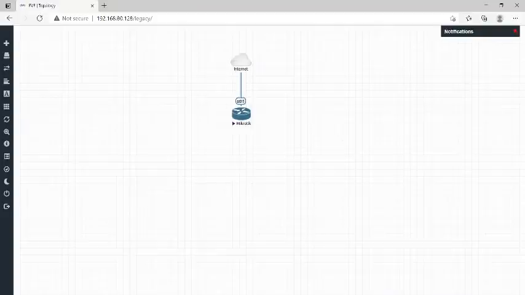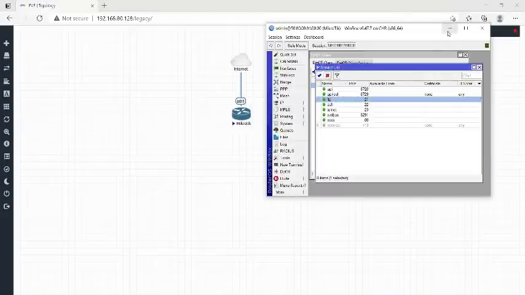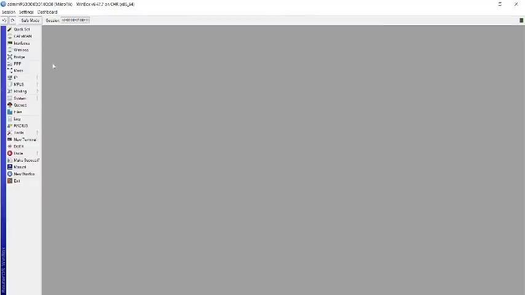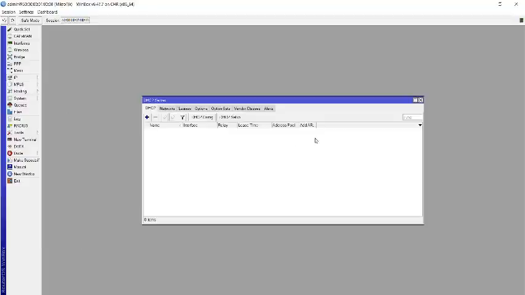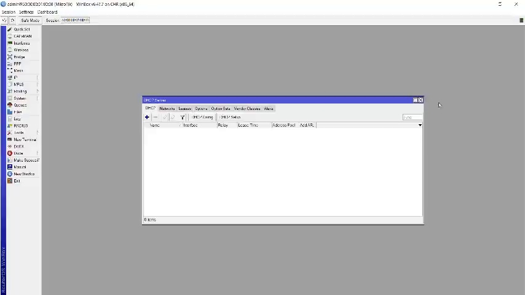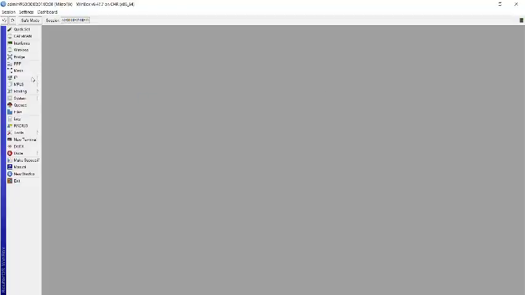First of all, I want to delete all these things. Okay, so now I am going to create a DHCP server on my MikroTik router board. There are two ways. First, go to IP and DHCP server. Here you can see the DHCP setup option. If you click on it, it will simply ask you on which interface you want to create a DHCP server. Or a second way, you can do the same thing manually, giving all the commands manually. So just go on IP.